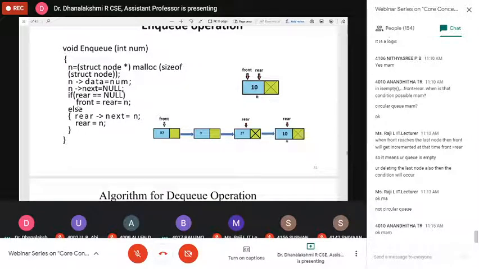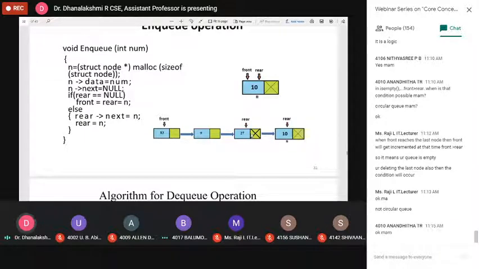Else, that means our queue is not empty. It has some other data. Now we are going to insert the new data after this already existing node. So this is the else part. What do we have to do? Consider this example. Already my queue has 83, 9 and 27. So this is the status of front and rear. Now I'm going to insert this new node. This is an insertion operation, so I am looking at the rear position. So what is the first step?